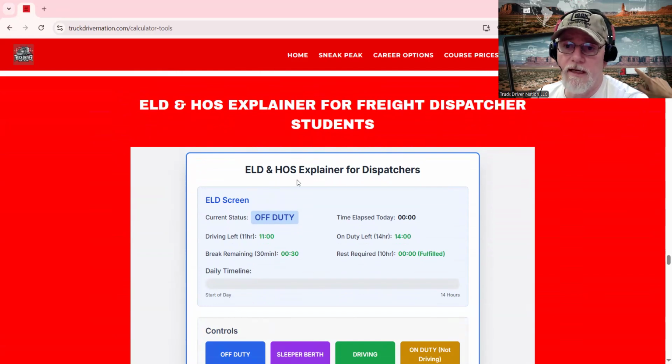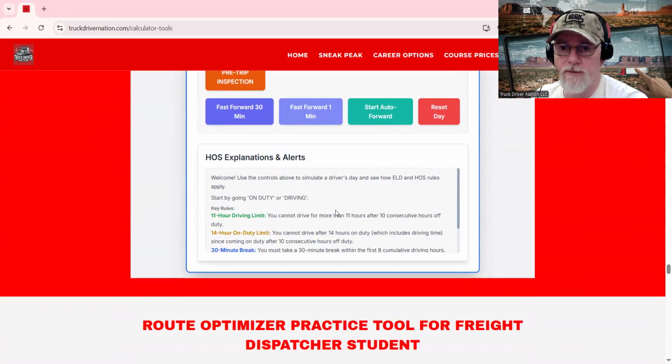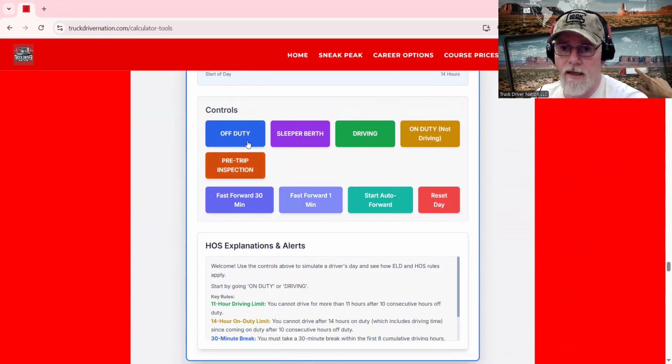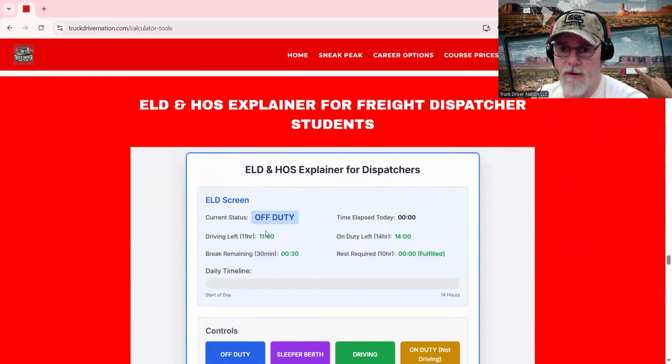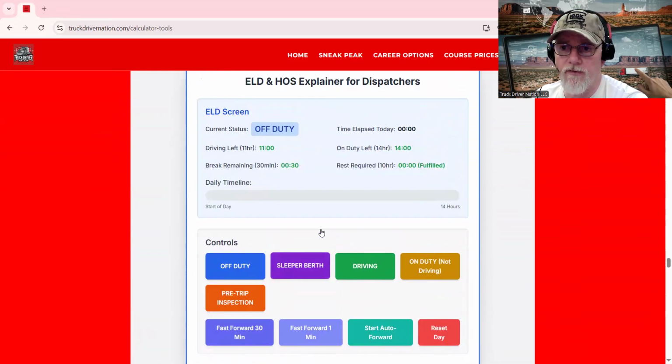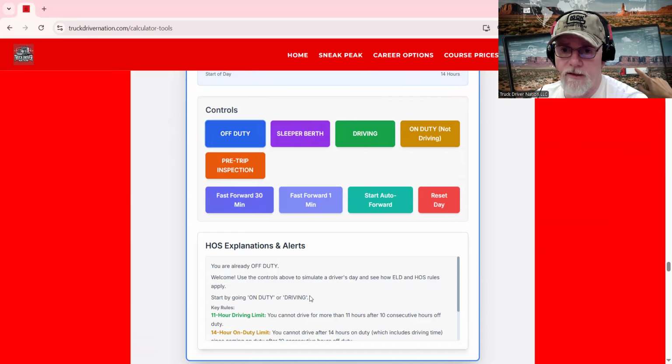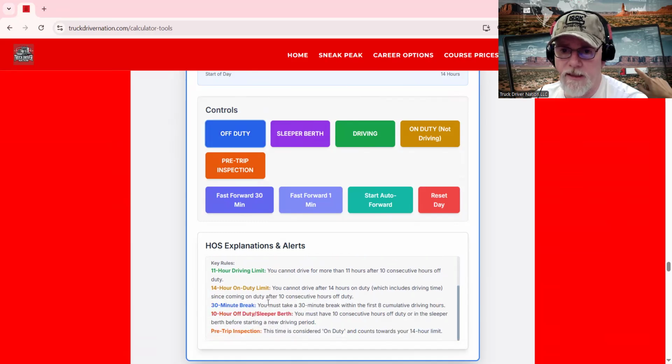This is the ELD and HOS. So basically, you're understanding what ELD is in relation to the hours of service. And the whole point is to explain it because people don't always get it. Now obviously you can play with it up here, but what I wanted to teach you is as you see it, it will reflect up here what's going on down here. So if you hit off duty, it gives an explanation of what off duty actually is, and in relation to that, sleeper berth